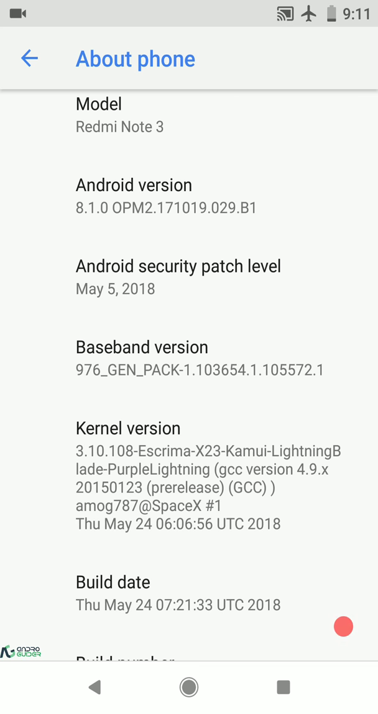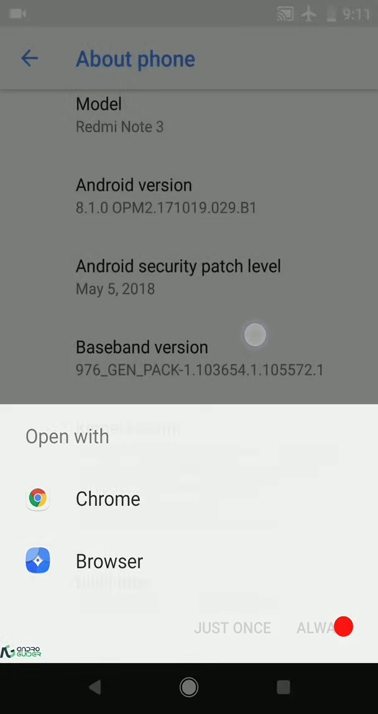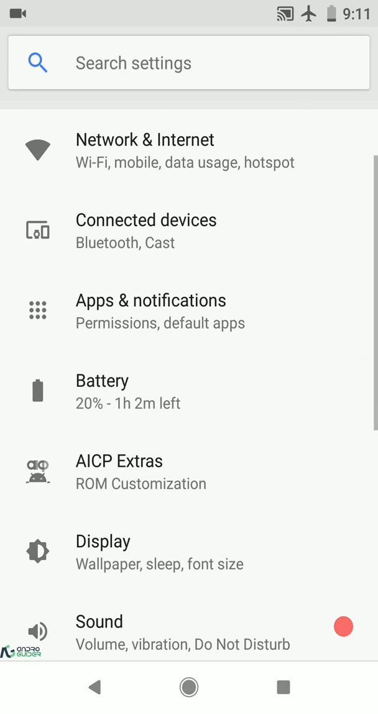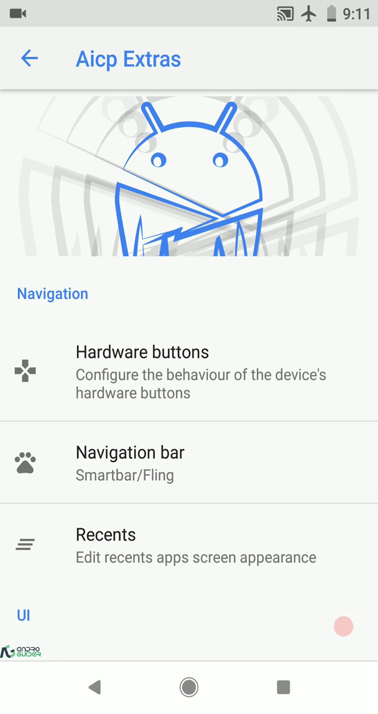But if your phone or tablet is supported officially, then the newer builds would have the latest security patches. This build has the 5th of May security patch. Alright, so most of the ROM settings are present under AICP extras, and the first thing that you will notice